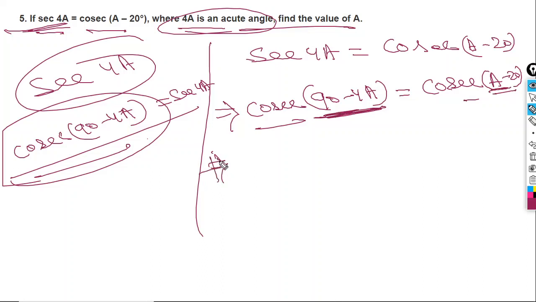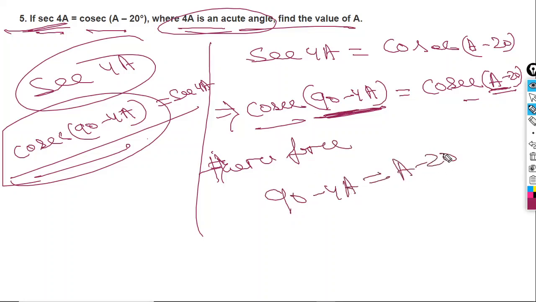So you can write, therefore 90 minus 4a is equal to a minus 20. Okay, now implies, bring